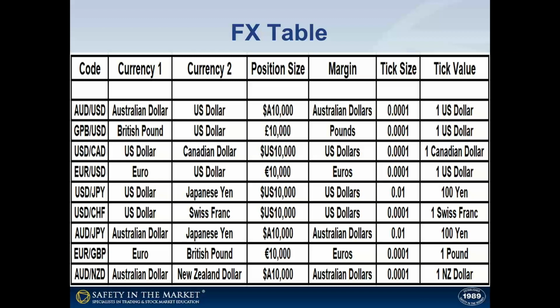Remember that in FX trading, we always have two currencies. So as you can see at the top here, Aussie dollar, US dollar. We're not trading the Aussie dollar by itself. We're not trading the US dollar by itself. We're trading one against the other. So in this case, you usually say 1 Australian dollar, or currency 1, buys X units of currency 2,